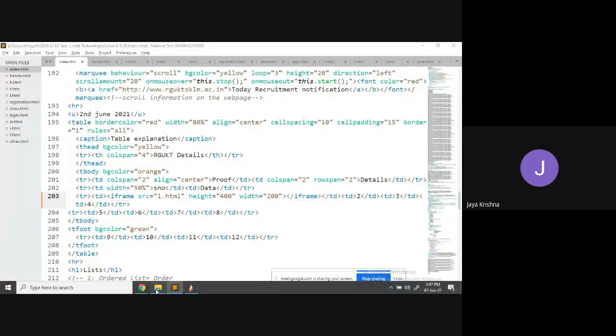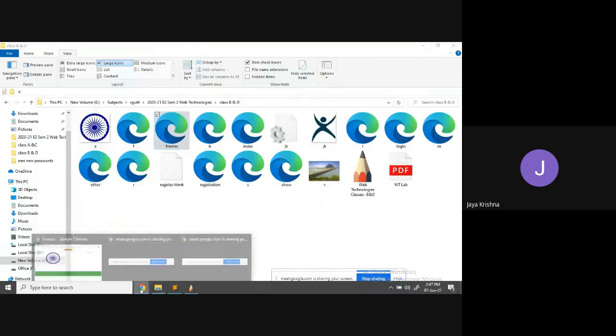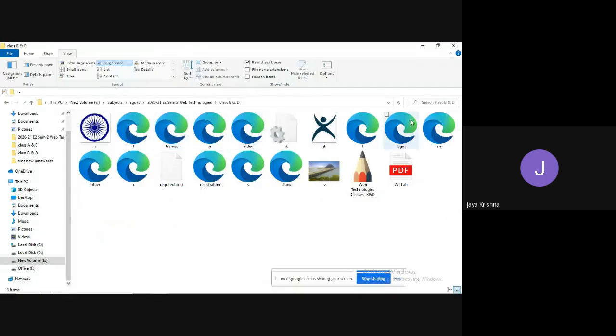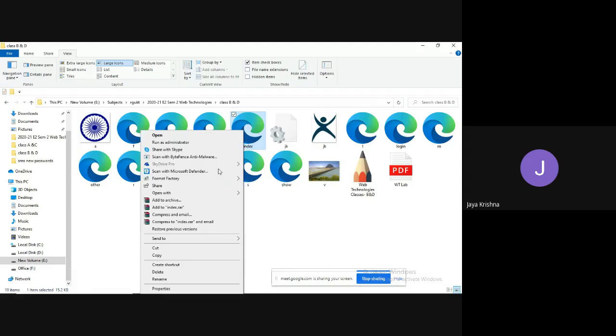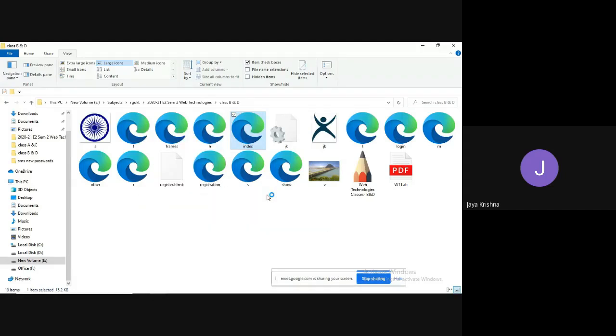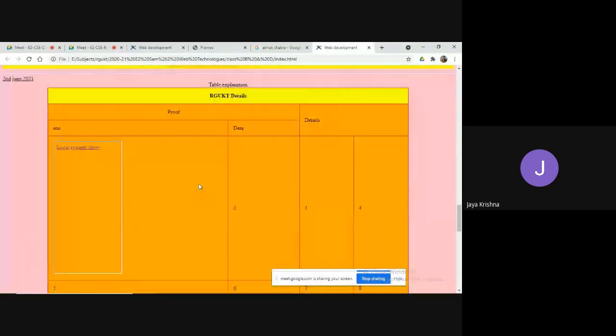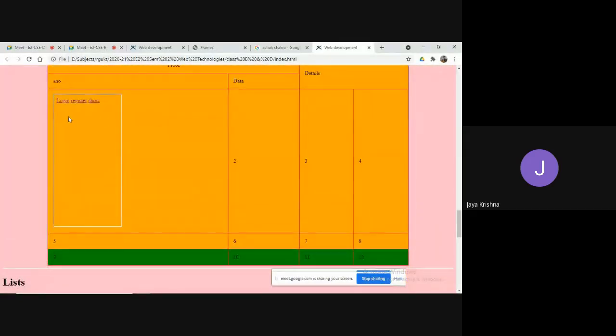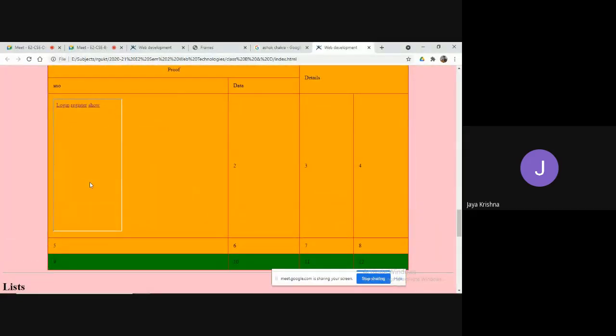So, for example, let me open this index file. Observe, guys, if I go for the table part, there I have some information, whichever frame I want to load. That is the advantage of iframes.